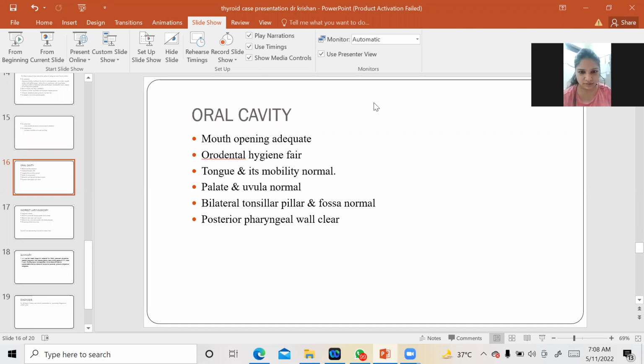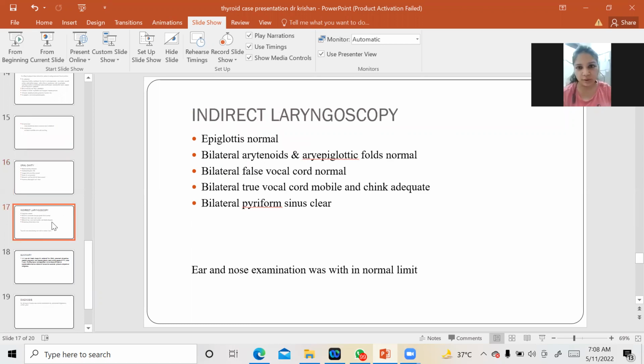Yes, I would like to say this combinedly: whenever you are dealing with any neck mass, always look at the oral cavity. Whenever you are seeing any lymph node or any swelling, it is important that you very well see the oral cavity and look for any infection, because most infections and malignant conditions of the oral cavity present as a swelling.